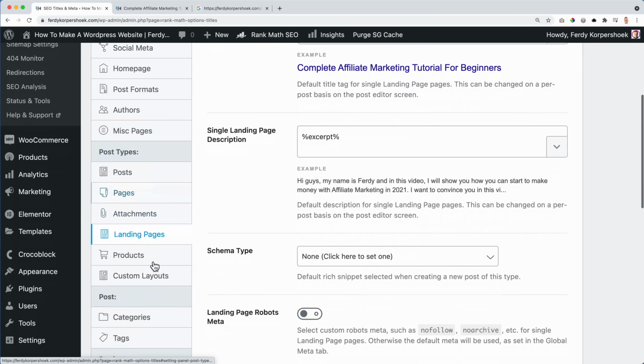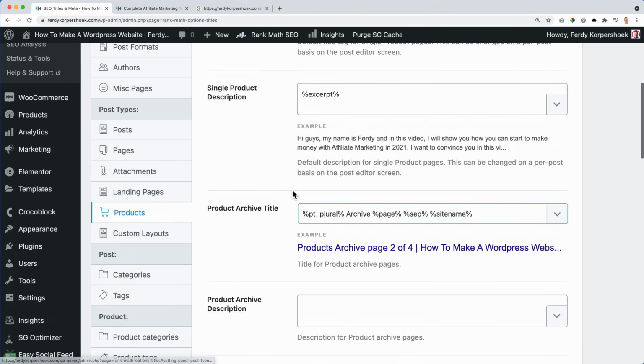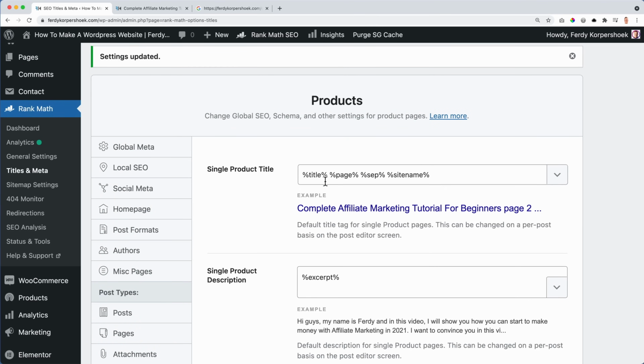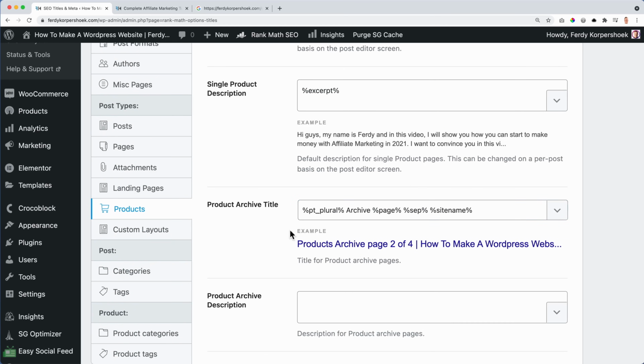Then below, landing pages with products, I do want to be found on products. So I say the title, the separator, and then the site name. And the excerpt, product archive title, products archive, and then the name of the website.